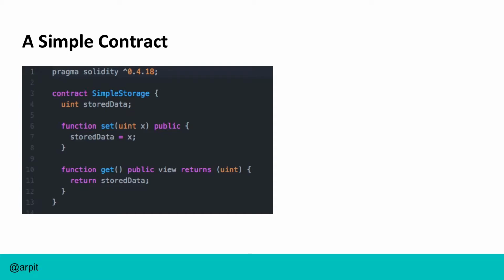This is a Hello World project that comes with Ethereum, with Truffle. It's a very simple storage contract that lets you store an integer in memory. The keyword contract defines that this is a contract. I have two functions. Both are public, which means they can both be invoked from a different wallet. Wallets make these calls to the contracts and can invoke these functions.